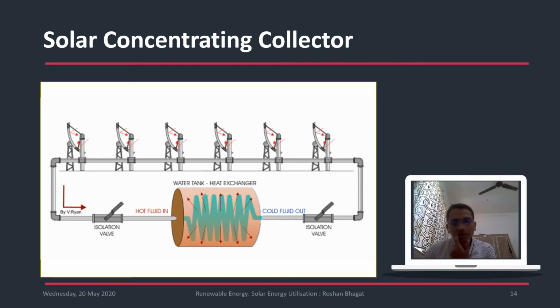Where you require very high temperatures, or if you require this in large quantities, n number of concentrating collectors can be connected with respect to each other, and that will be used for getting the heated fluid. A heat exchanger unit can also be used if the temperatures are quite higher than 90 or 100 degrees Celsius, in which case the water may convert into steam. In such cases you might go for an alternative option, and some other fluid can also be utilized.